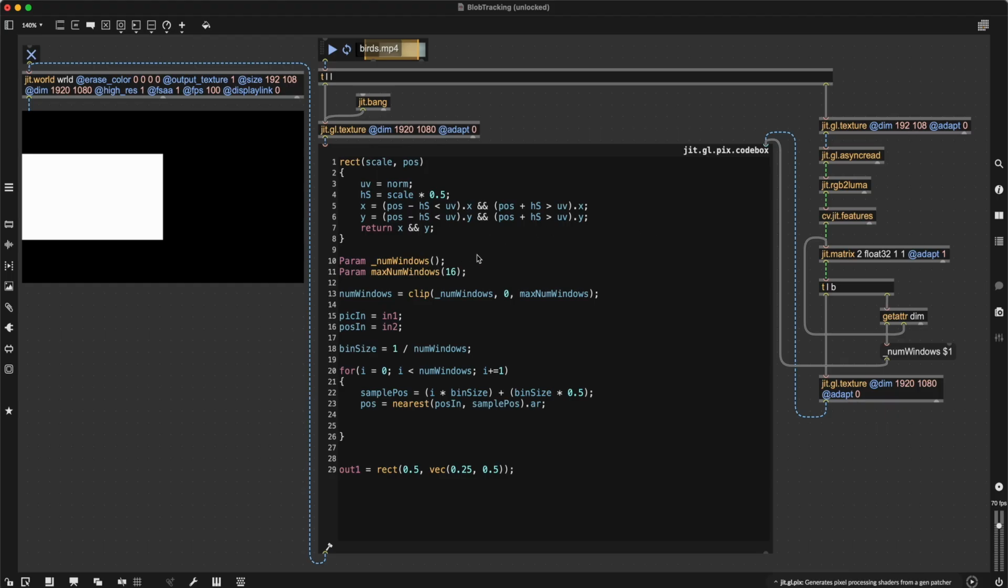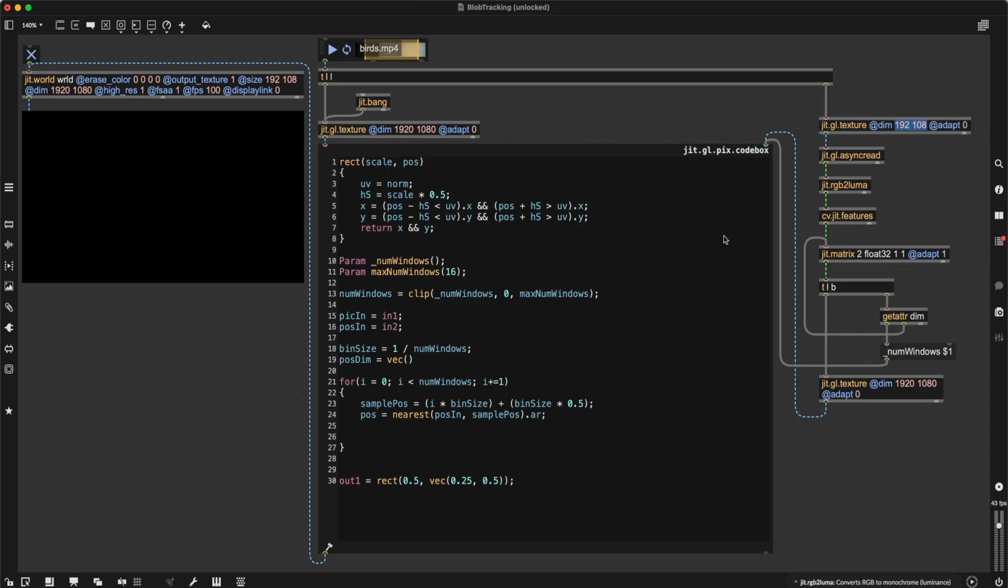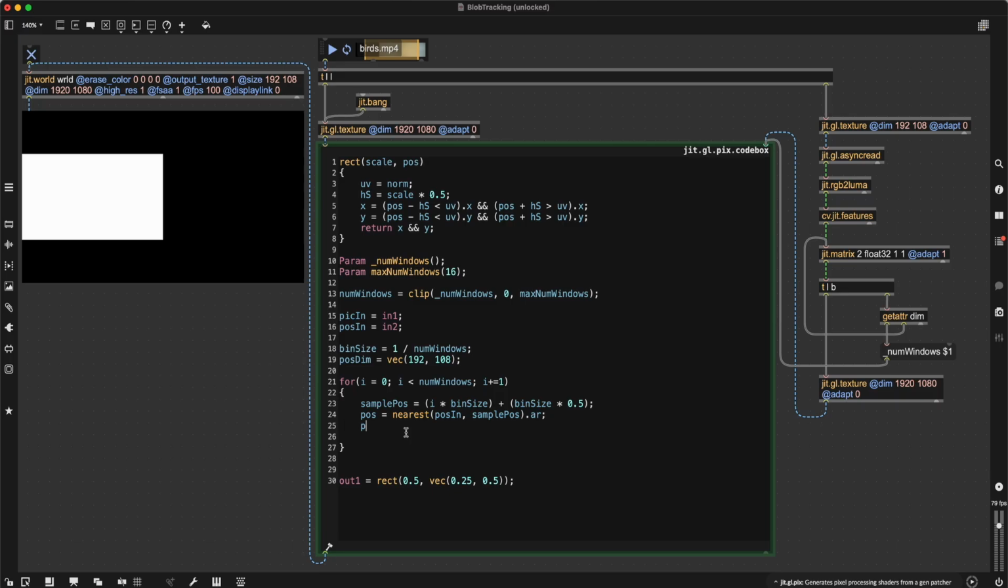So let's create another variable, call this one posdim, and this is a vector. I mean, we could also use get attribute and then send it here, but I'm not going to change this, so we can just hard code it in here. Then we can say position divided equals this posdim, and then we should get numbers in the range from 0 to 1. Now that we have our positions,